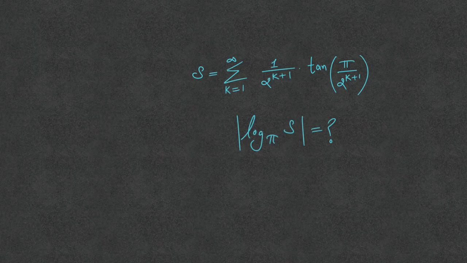If s is equal to the summation, k starts from 1 to infinity, of 1 upon 2 raised to power k plus 1 into tan of pi upon 2 raised to power k plus 1, what is the value of log s with base pi modulus? Let's try to create the method of difference technique here. First of all,